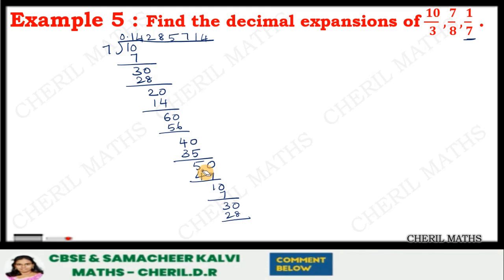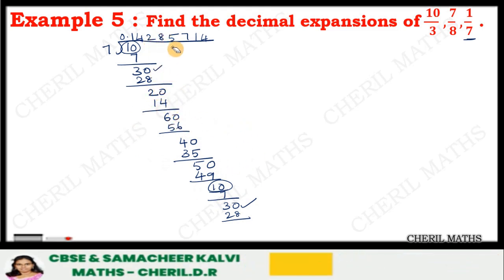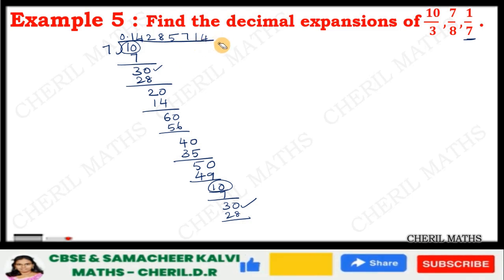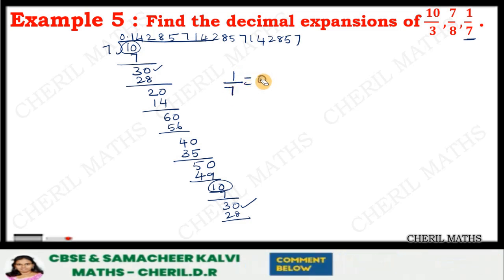See, at this point you can see that here you have 10, here you have 10. Again the same 30, again the same 30. So you can see that it will keep repeating. So how will it keep repeating? After 1, 4 you will have 2, 8, 5, 7, 1, 4, 2, 8, 5, 7. So it will go on repeating, but it is going to repeat as a pattern. So how will you write it? For 1 by 7, the decimal expansion will be